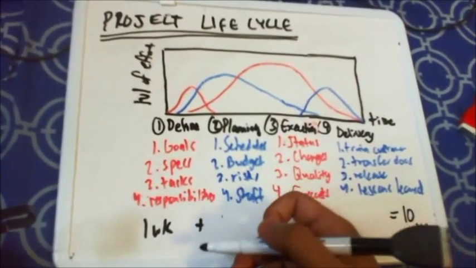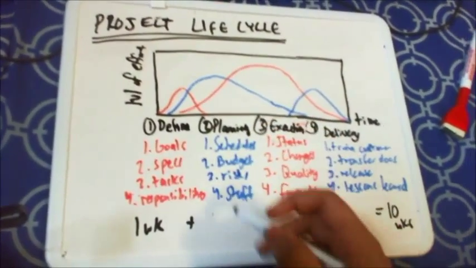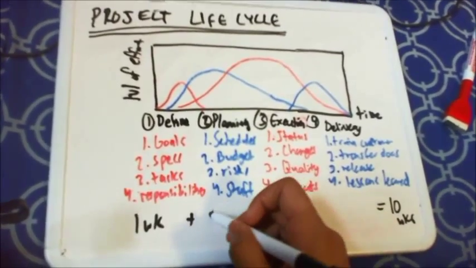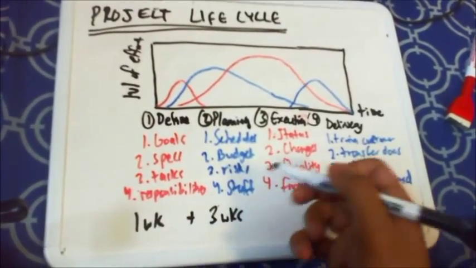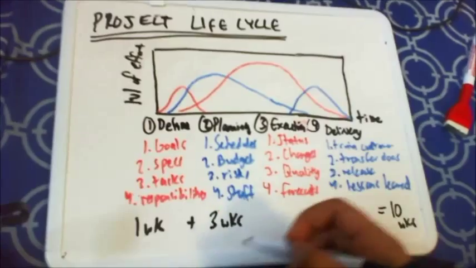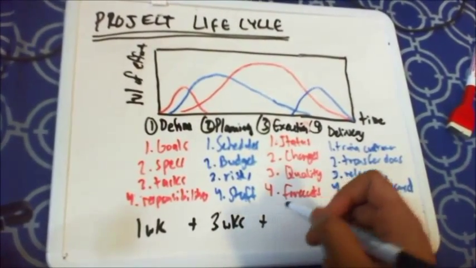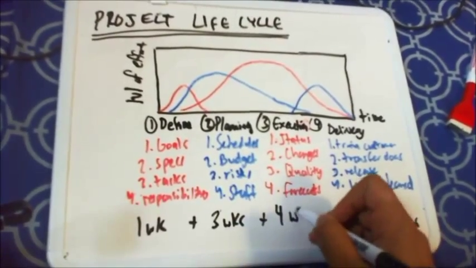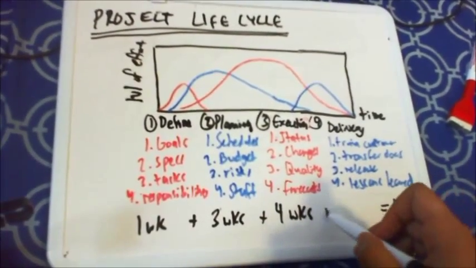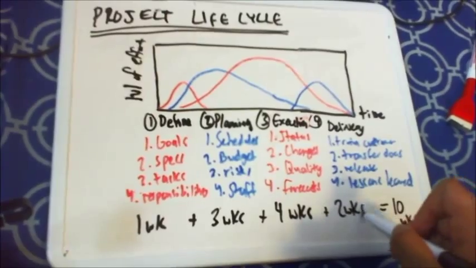It doesn't take too long, but it's still crucial. The planning stage is very crucial, and it takes much longer than the definition stage. In this case, of a 10-week project, approximately 3 weeks estimated average. Execution would be the longest because this is where the actual project is done. So 4 weeks for the execution stage, and last but not least, to actually deliver the project, it would take